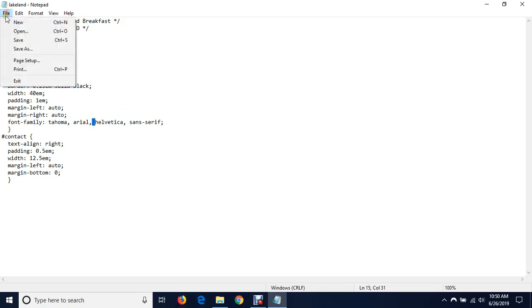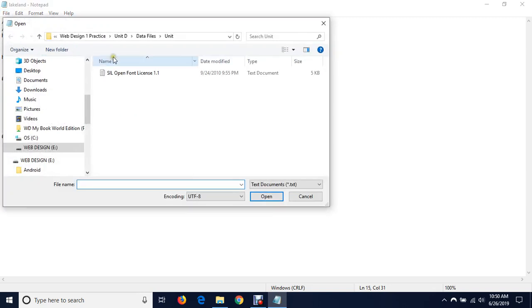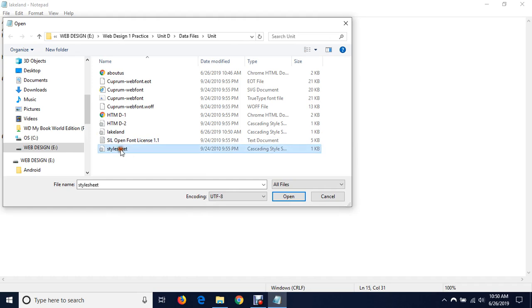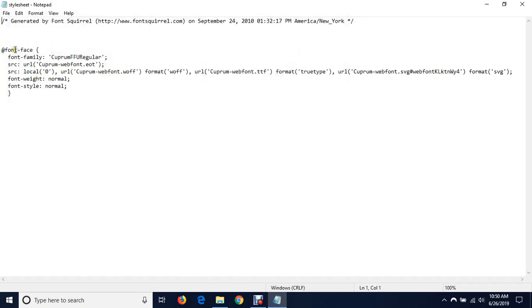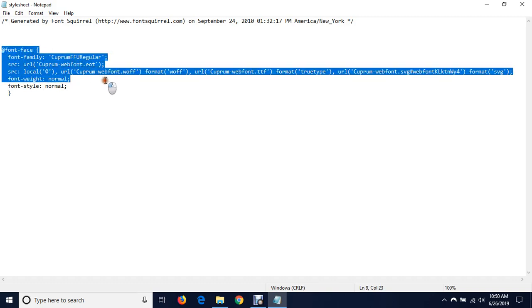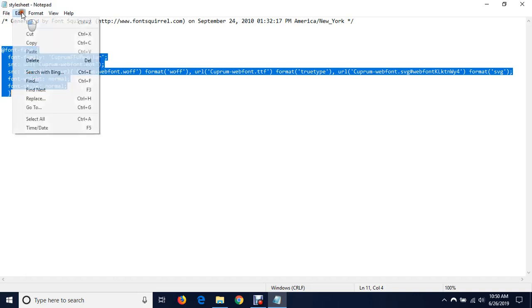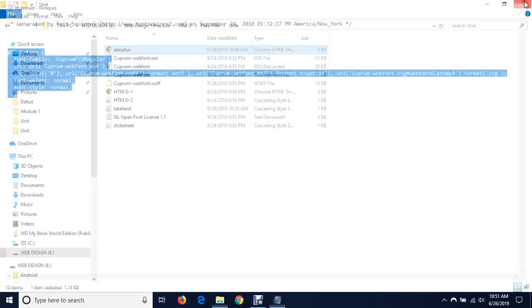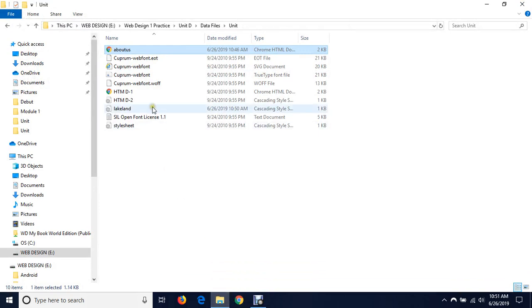Next, we're going to go to File, Open, and change this to All Files. You're going to open this style sheet, which is a cascading style sheet, and you're going to select all of the code below the opening comment. So select all this code, go to Edit, Copy, close this out, go back to,